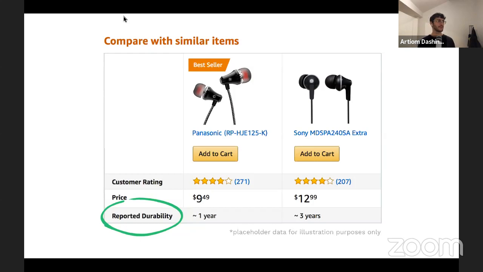But one of the things that has a big environmental impact, and also provides a much better experience to you as a customer, is the durability of the product. If you bought an option that is $3 cheaper, but it worked just for 1 year, and the one that costs $13 will work for 3 years, you didn't really save $3. You actually lose $20, assuming you will have to buy a new pair three times.